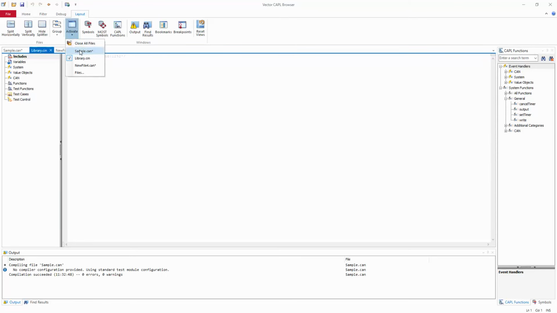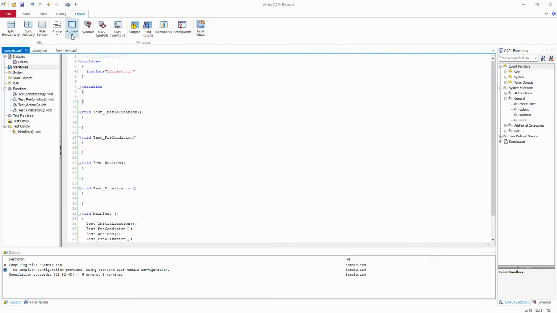If I select sample.can, it will make that active. It's quite easy: if you click on it, it will list all the files you have already opened, and you can select any specific file, and if you click on activate, it will become your current active window.